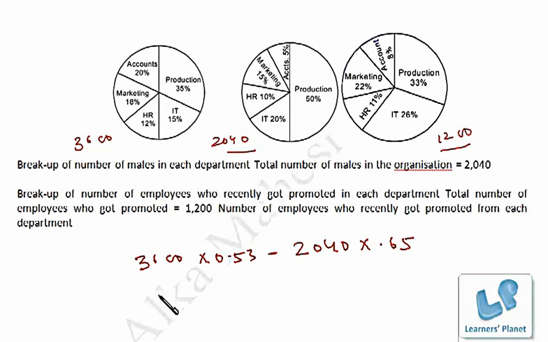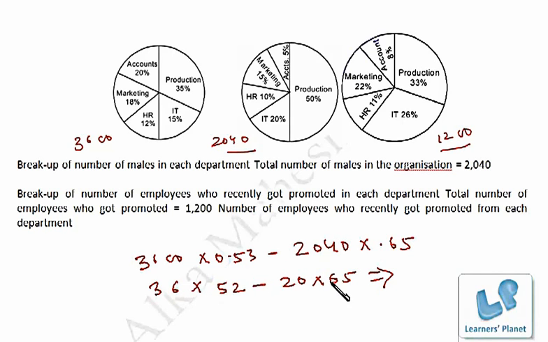Now to simplify this calculation, what I do, just rewrite 36 into this. I just removed these 2 zeros, and instead of this 53 I make it 52, right? And I remove the decimal. Minus this is 2040, so I'm taking out 40. Since I have reduced this, I will minutely reduce this also. So it's 2000 into 0.65, so that's 20 into 65, right? So now the calculation will become quite simple and you will get an idea of the answer, right?